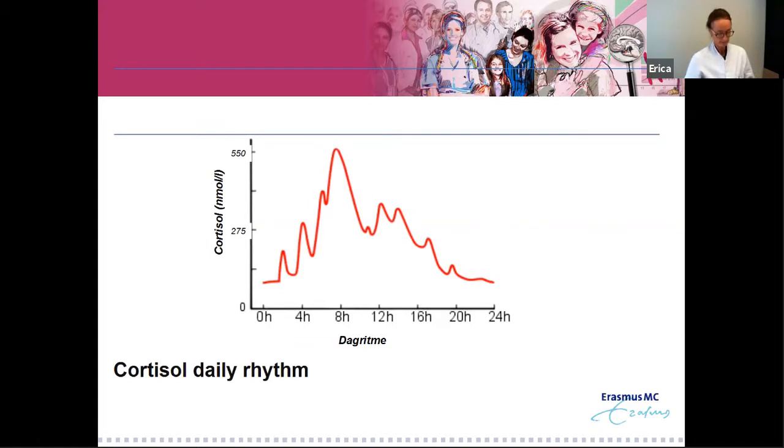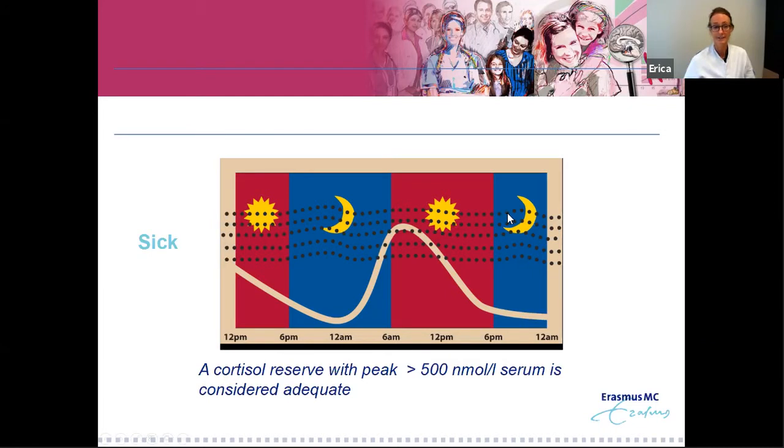So normally the body in a physiological situation produces cortisol in a daily rhythm. This is important to keep in mind when you start testing in a child. Normally you have the peak levels early in the morning after awakening and a nadir during midnight. What happens if a child gets sick? Those levels increase. And here you look at the dotted lines. When somebody gets ill, the daily rhythm is gone and the levels are increased and especially are at around the same level during the whole day.